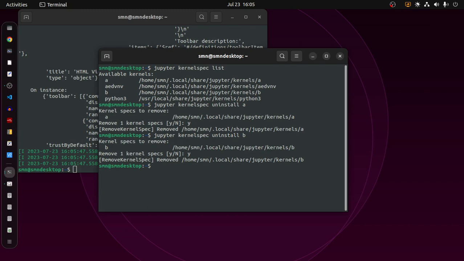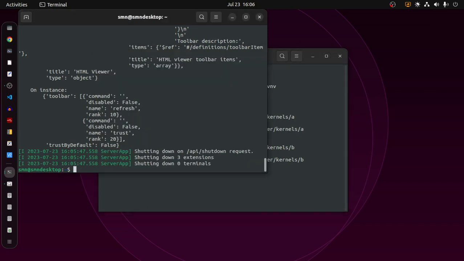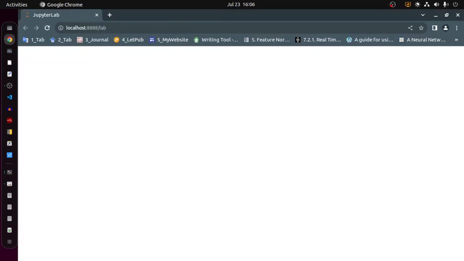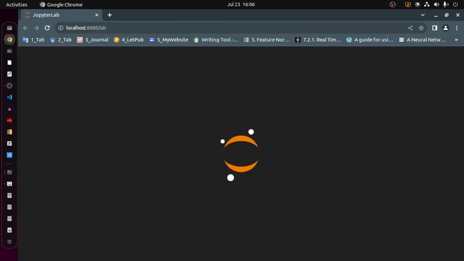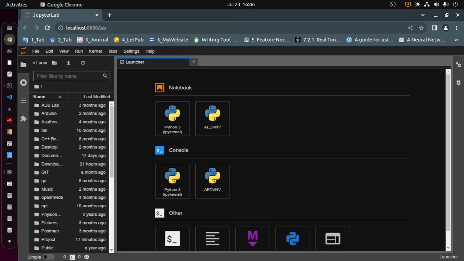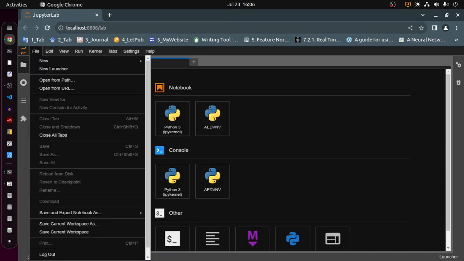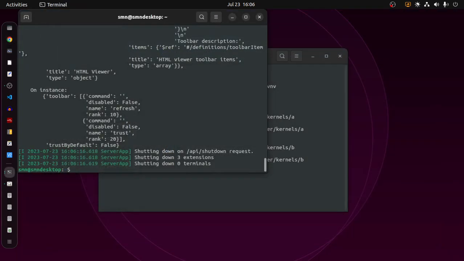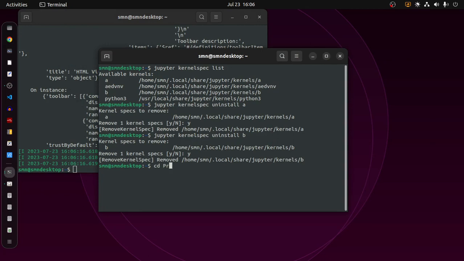So yes, let me run this particular Jupyter Lab. So we will see there is no B kernel. Yes, B has been removed from it. If you want to add it once again, do the steps once again. One more thing, I'm just adding it once again. One step is not required, the installation of the IPython kernel, because that has already been installed within the folder. So, and the naming has already been installed. So what to do basically,